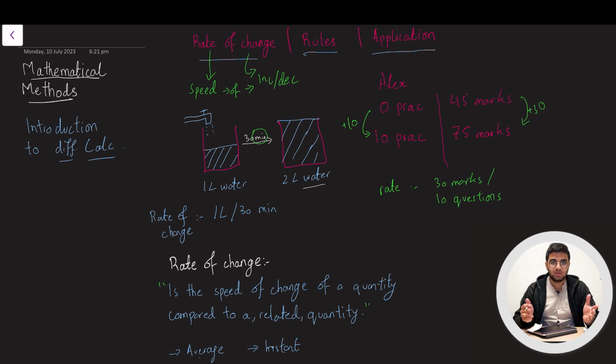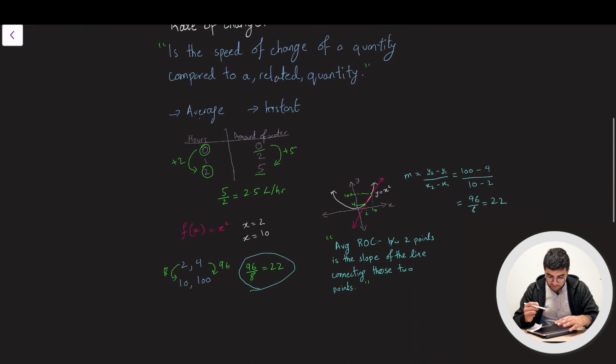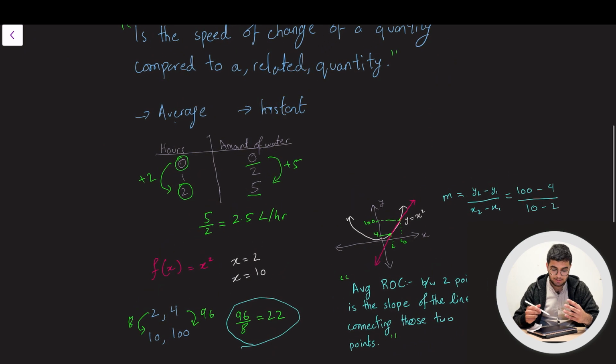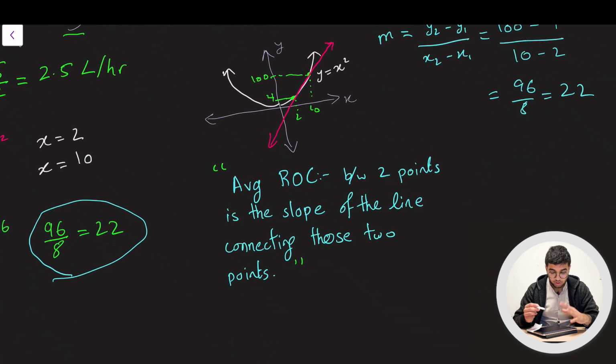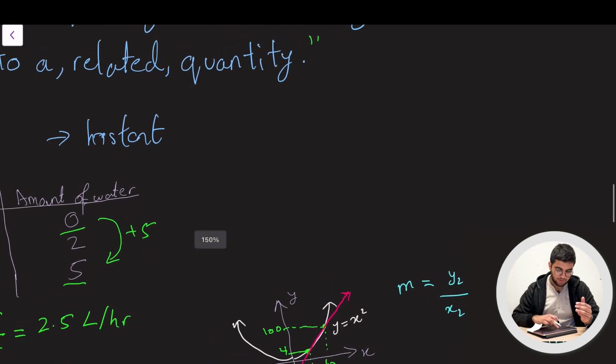In the last lecture, we looked at average rate of change and we did a few examples, we made a definition, and then we found the final definition that we were looking for, in that the average rate of change between 2 points is the slope of the line connecting those 2 points. Okay, so hopefully you've had a look at that lecture, have not skipped it, and have done the practice questions now. So we are at a good point to start off with the brother